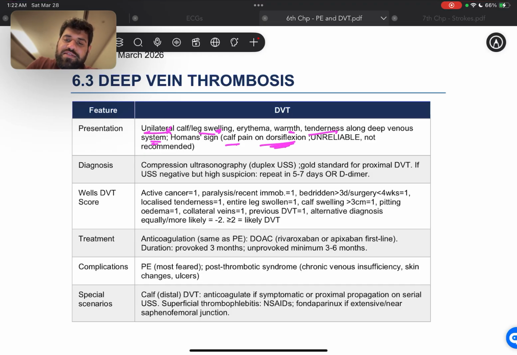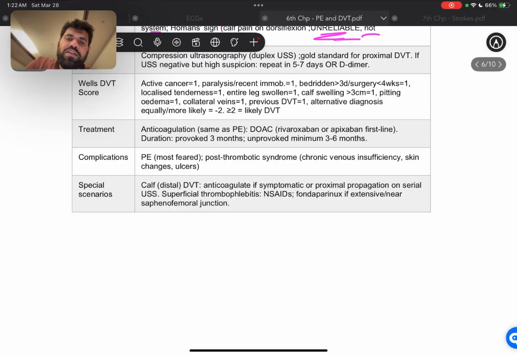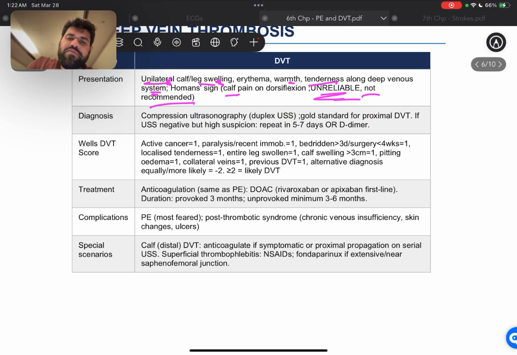And this is, according to Murtagh, unreliable and not recommended. But still, they could say that the Homan sign was positive. So it's important that you know this. All right, diagnosis is through compressive ultrasound, and this is the gold standard for proximal DVT. If ultrasound is negative but there is high suspicion, we repeat the ultrasound in 5 to 7 days, or we